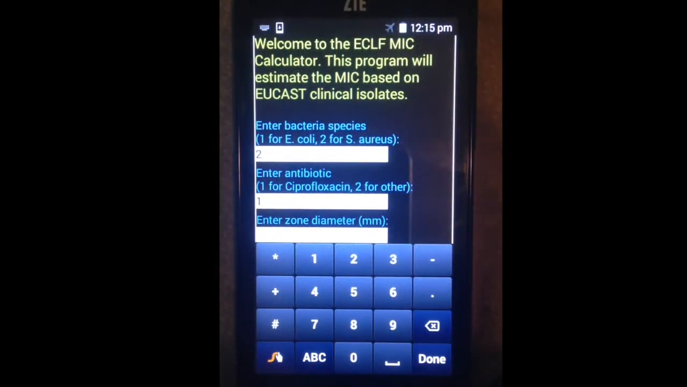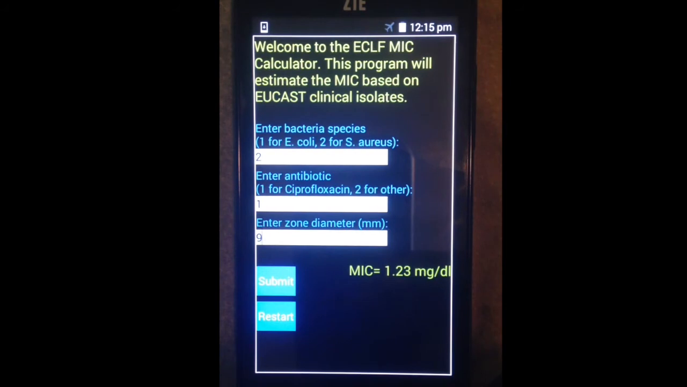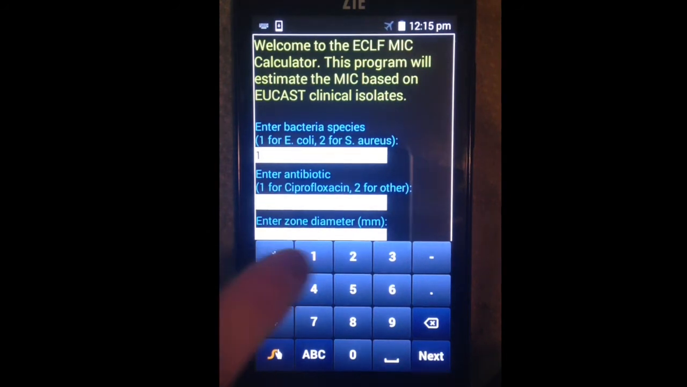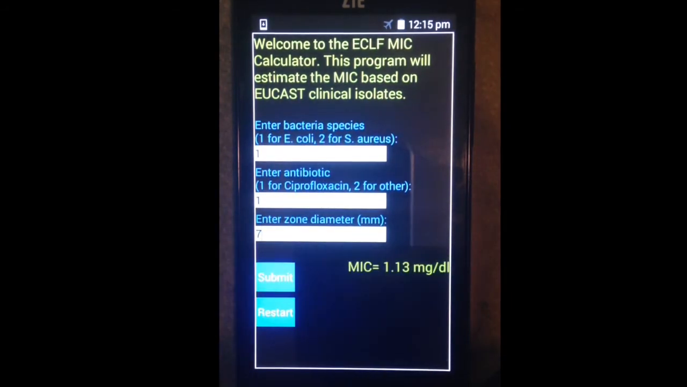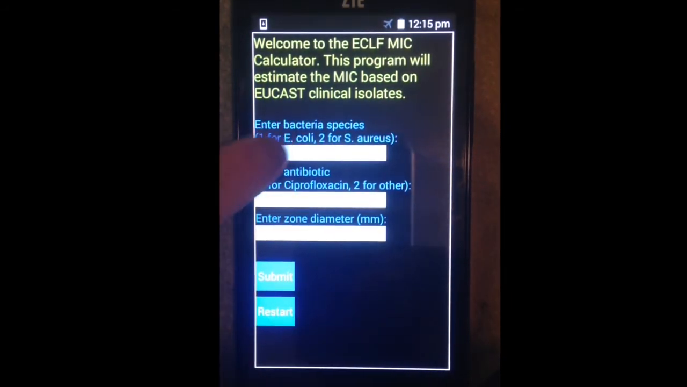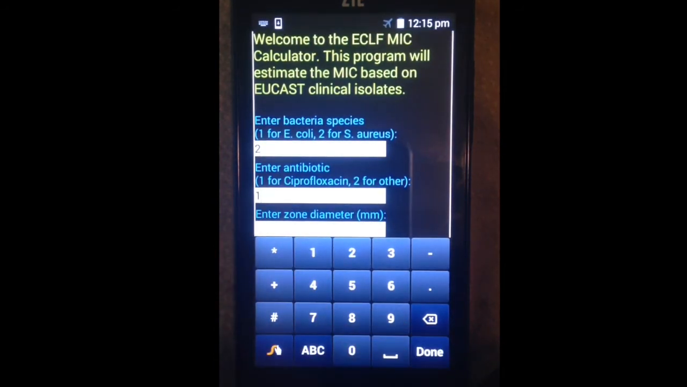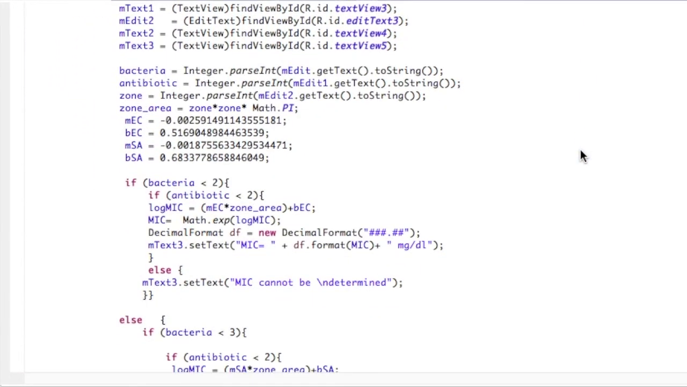I then incorporated this correlation into my app called the MIC calculator, where doctors in developing countries can enter the bacteria species, the antibiotic, and the diameter of their zone of inhibition, and the app will output the MIC based on data from the European Committee on Antimicrobial Susceptibility Testing, or EUCAST, telling the doctors the minimum concentration of antibiotic to prescribe. I programmed my app in Java so that it would work on the smartphones that are common in